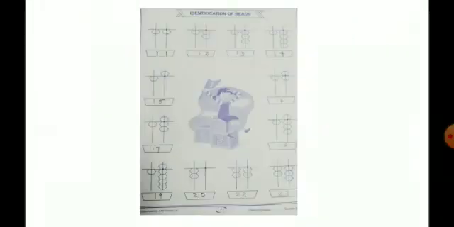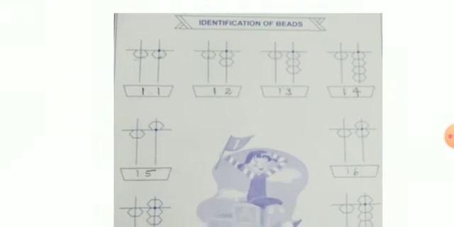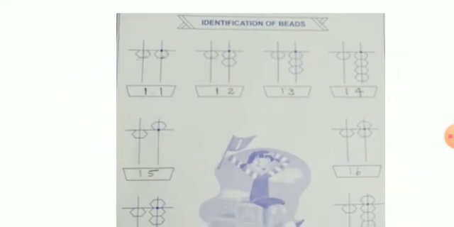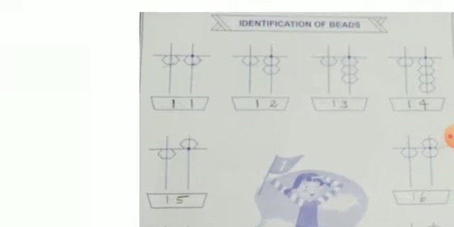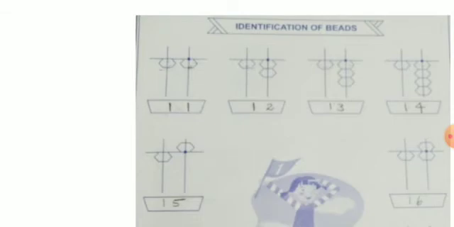And if we go to page number 7, there we can see the beads in ones place and also in tens place. If we take the first exercise, we can see 2 beads here. One bead is in ones place and another bead is in tens place. So how can we write the answer? The value of the tens place bead is 10 and the value of the ones place bead is 1. So 10 plus 1, the answer is 11.